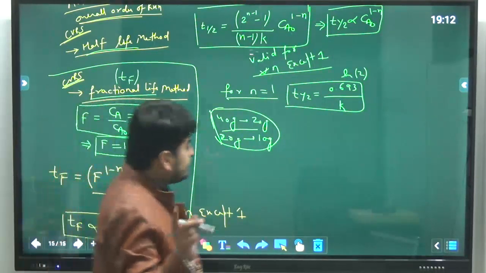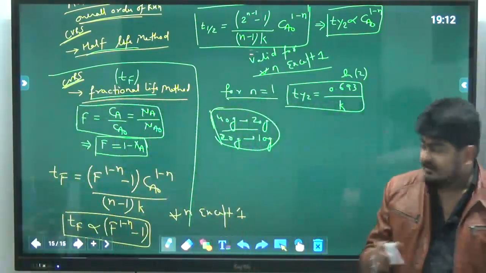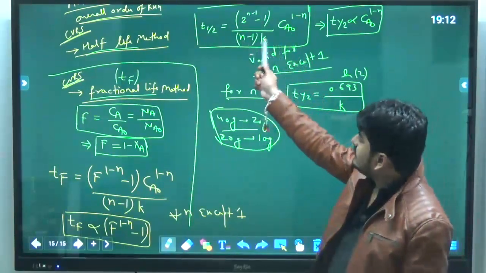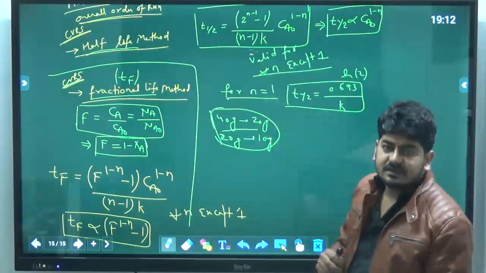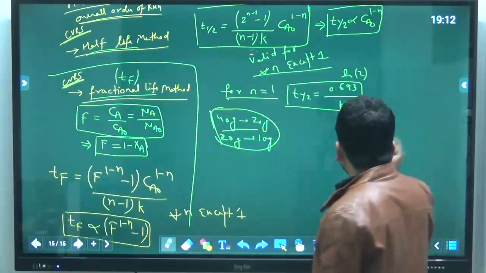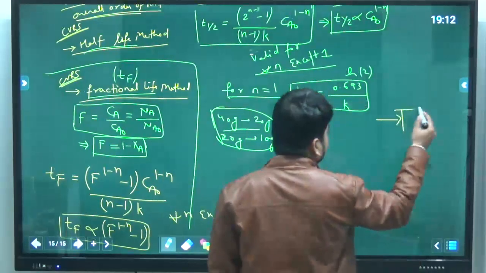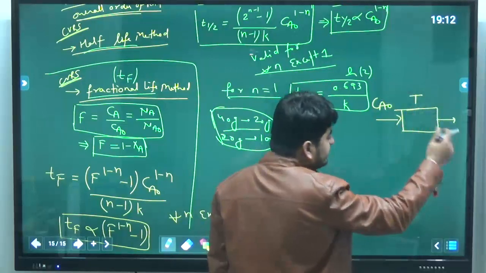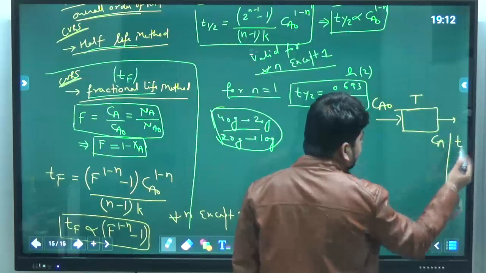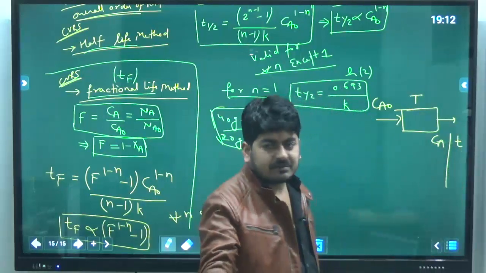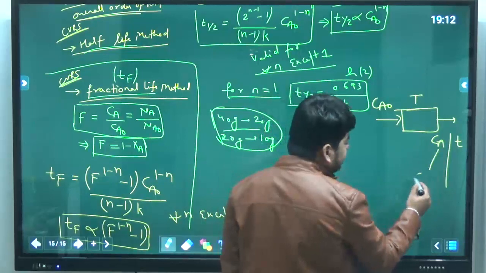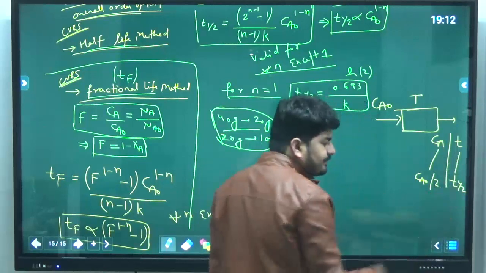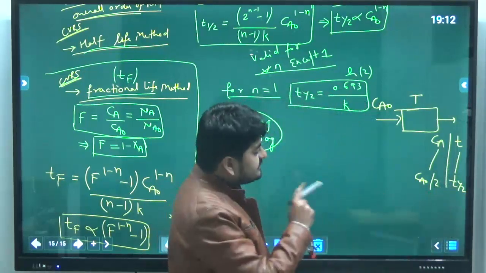One thing which I was going to say is, in the half-life method we need two data sets. Obviously, as you can see, n and k are two unknowns, so we need two data sets, two equations to solve this. So in a reactor, just understand, it is a simple concept. I will feed Ca naught, temperature will be constant. Here I can tabulate the data between Ca versus t. At different times I can measure the concentration, and whenever this Ca is exactly half of the initial concentration, I will say that is the half-life of the reaction. This is one data.